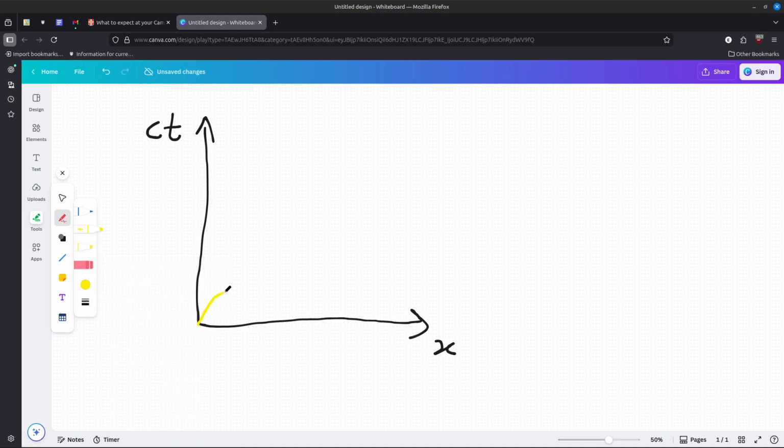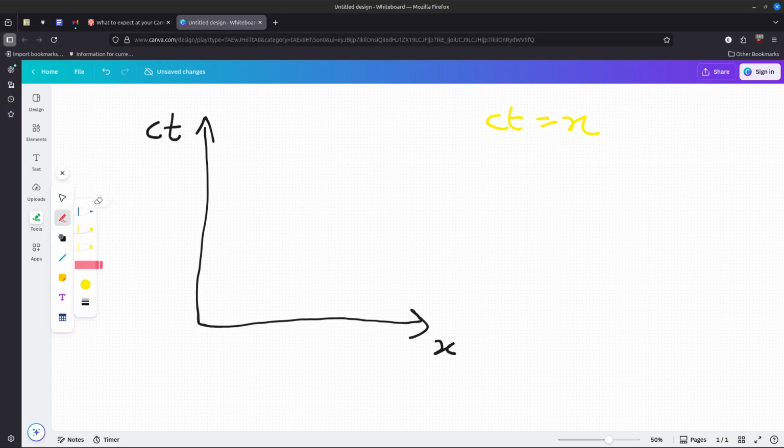In 1 unit of time, it moves 1 unit of distance, causing it to move in a diagonal line 45 degrees to the x-axis and the y-axis, which will be very, very important. And this makes the graph ct equals x, or y equals x. Now,